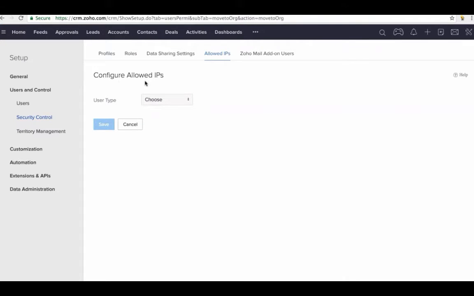So in the Configure Allowed IPs page, you need to select the user type. By default, there are 4 user types: all users, users, groups, and roles. By selecting this, you can give all your users access to Zoho CRM from only the specified IPs. This applies when you're going to restrict the IPs for the selected users, or for groups, or for